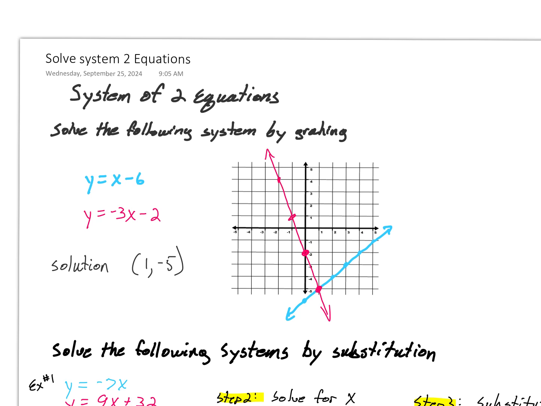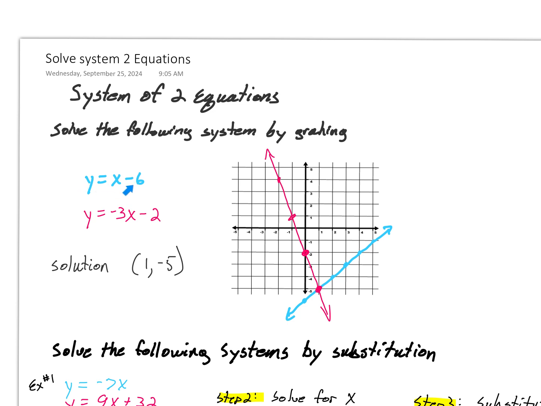Okay, in this video, we're going to take a quick look at solving systems of two equations. And in this one, we're just going to look at the idea of graphing. So here we have two equations. Now, both of these equations are in what we call slope-intercept form, where we know the slope and we know